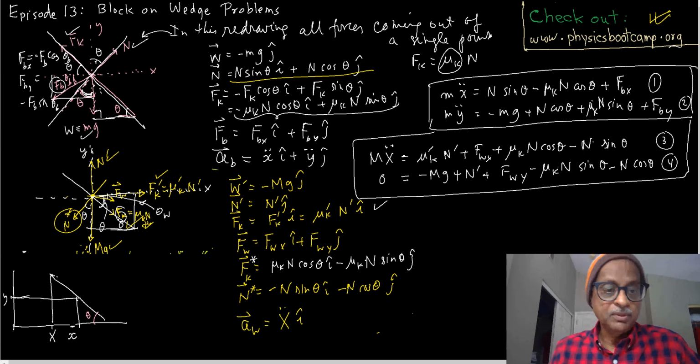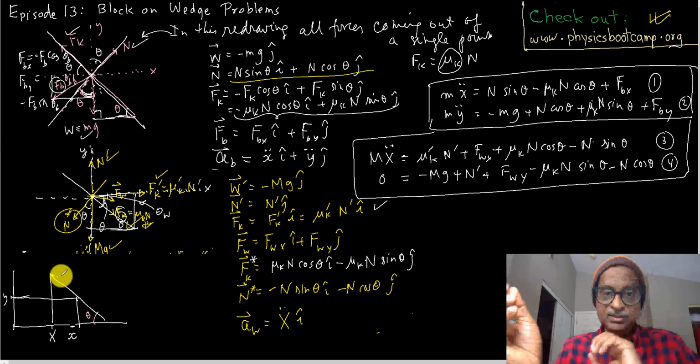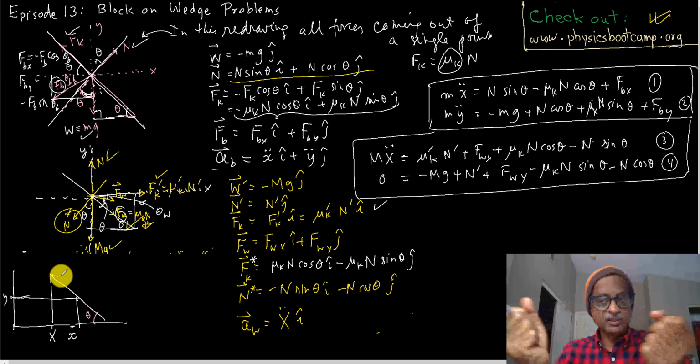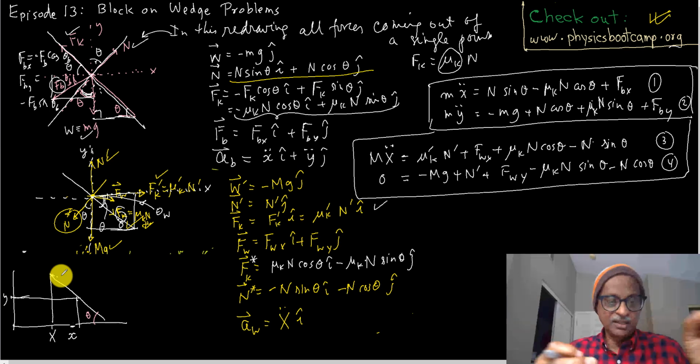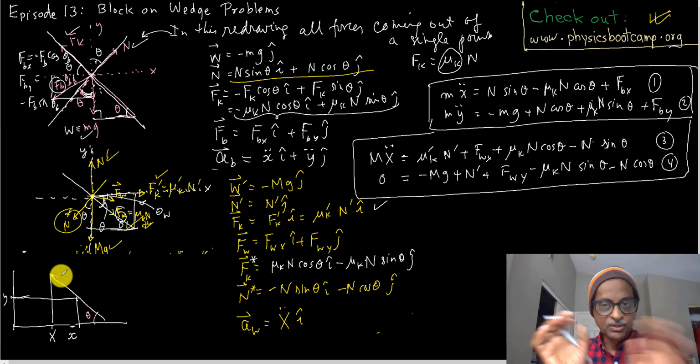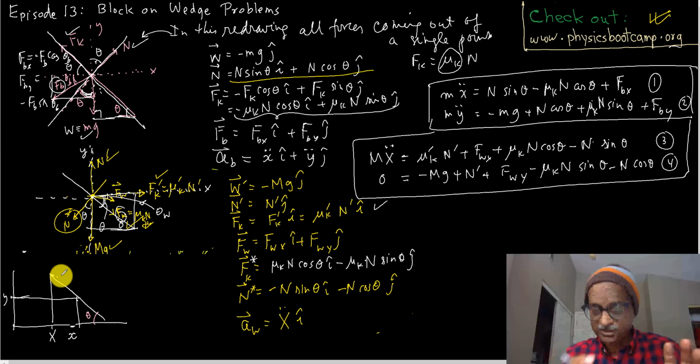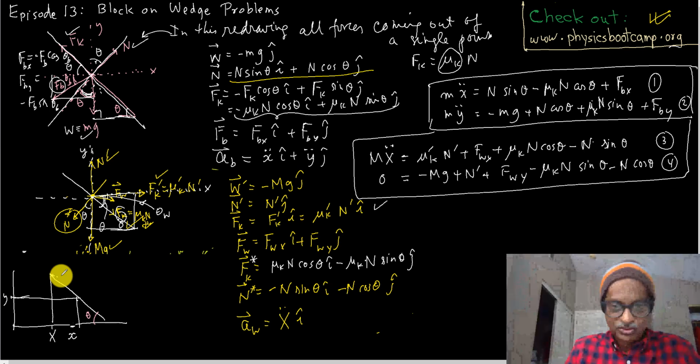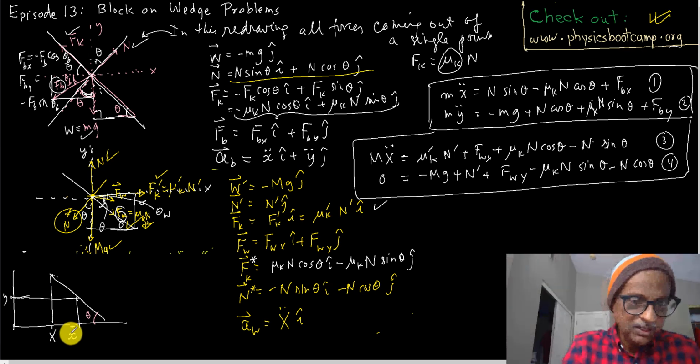Whenever you have two objects moving and they influence each other, their motion will be connected, and so you have to look for how they are connected. Are their variables connected? They are called constraints. And so if you look at this triangle, this theta will be the same as that theta,